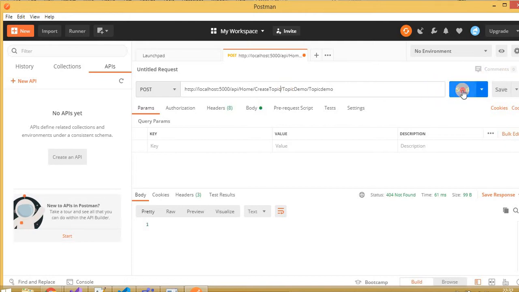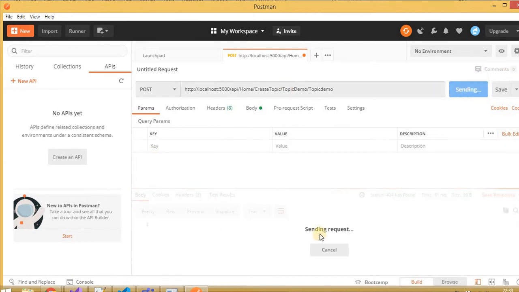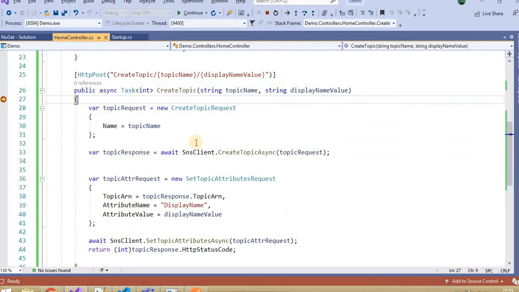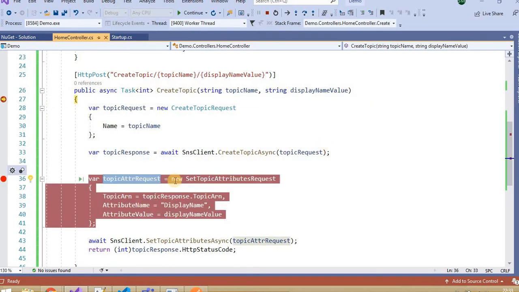Now again hit send. Now it's sending the request. See, it hit the API. Let's check the topic name here. Yeah, everything is fine.